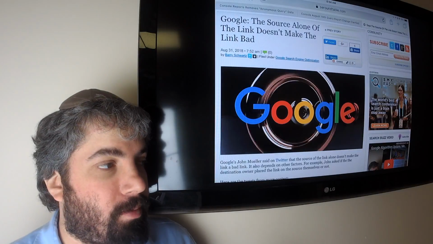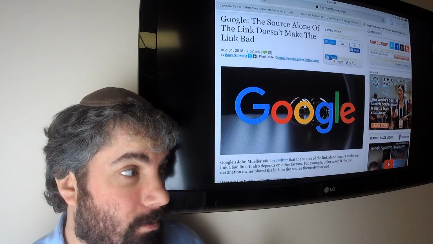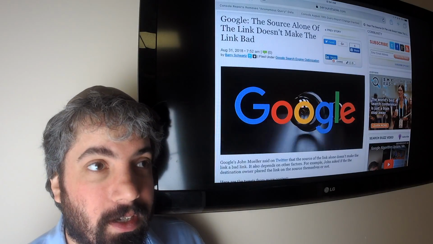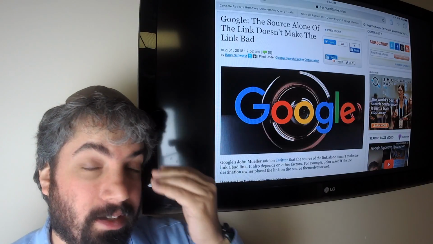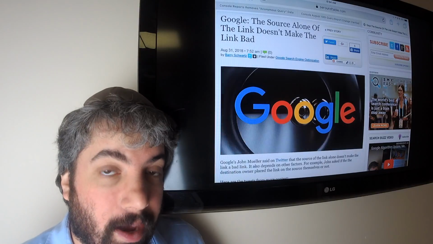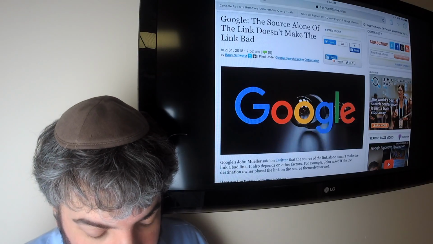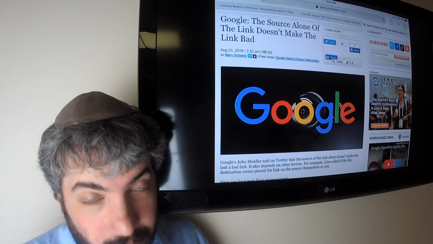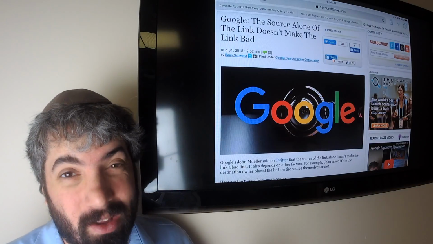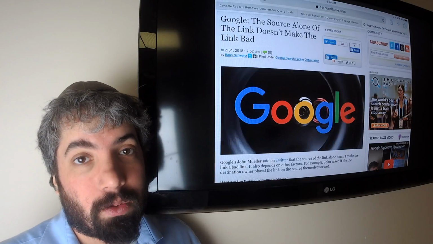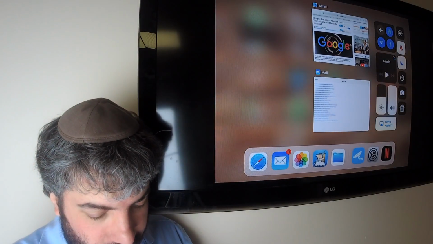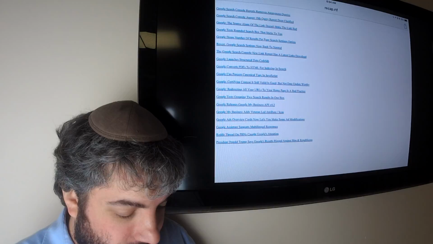And if Google Penguin, the algorithm, thinks that link is bad, Penguin just discounts the link. It doesn't really count the link, and it doesn't demote your site based on the link. You're okay. But at the same time, does the link source alone make the link bad? Google's John Mueller is implying no, whereas we know Penguin kind of analyzed links on the link source level. So it's interesting to hear John say kind of not. I guess it depends, etc.